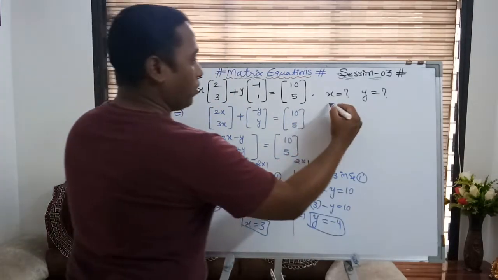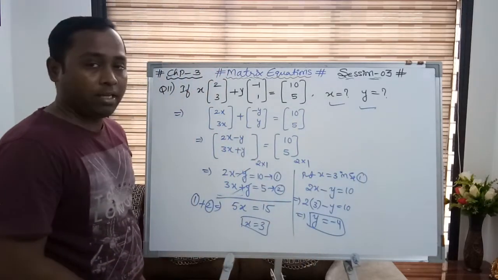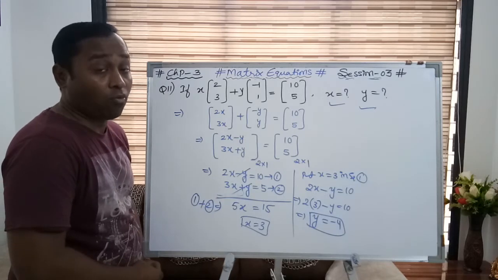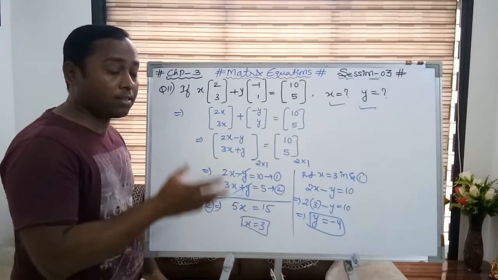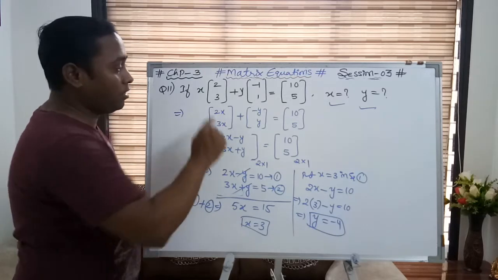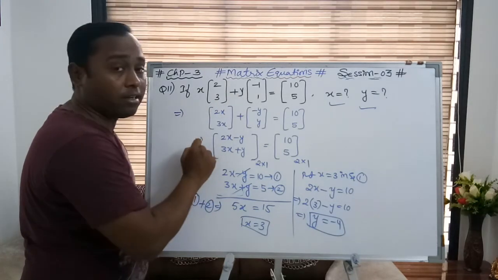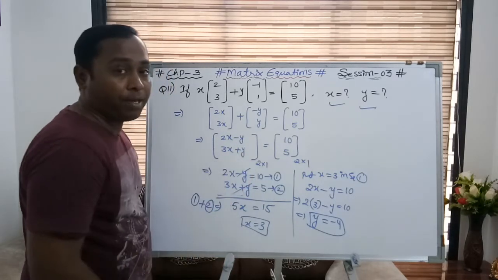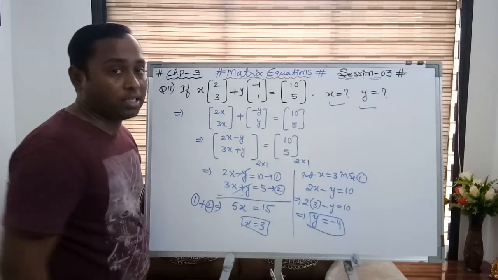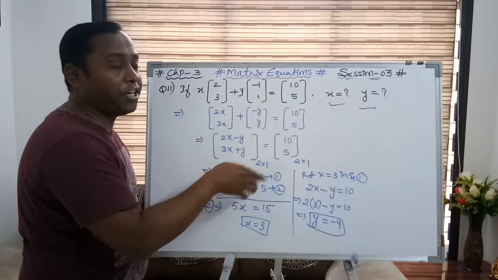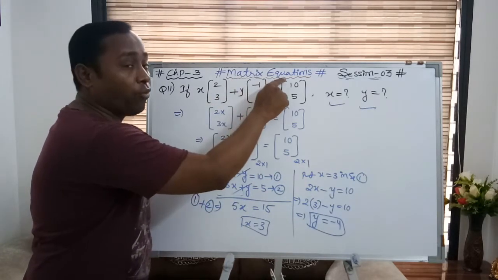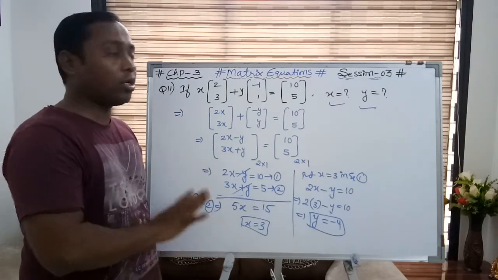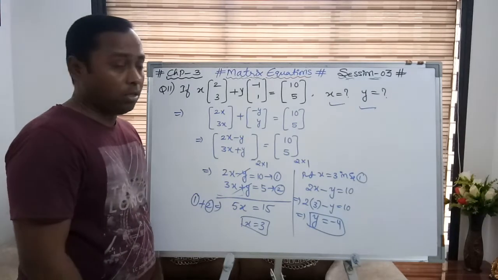So now I am able to get value of x and y. It's so simple, I think. It's a combination of multiplication, addition and equality concept which we were discussing in the last session. You can see first we have multiplied, then we have added, and then we have compared. Means it's a combination of all three concepts, which will also introduce the concept of matrix equation. So we have discussed here, I think, 4 sums which are based on matrix equation.